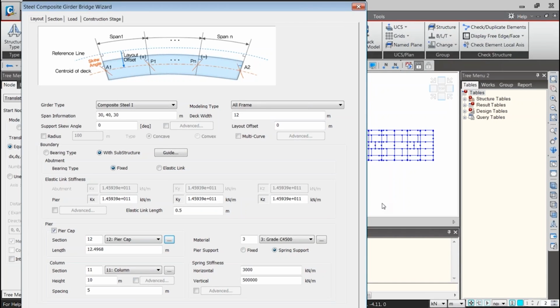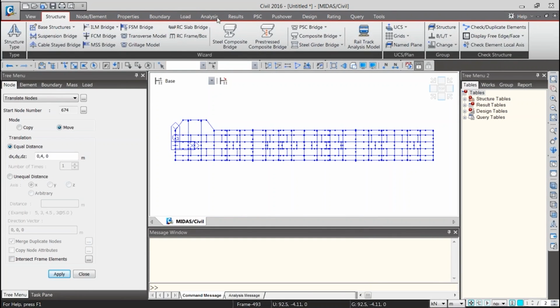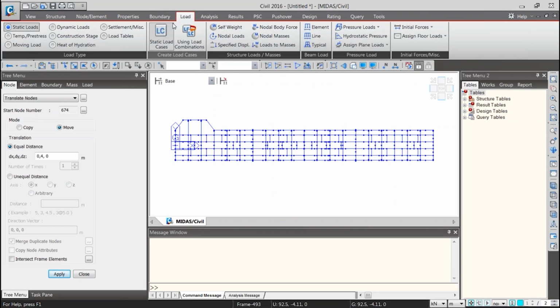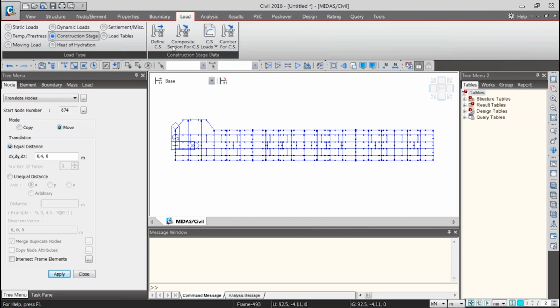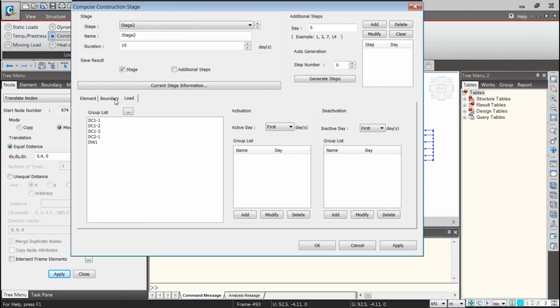Another question that I got is about the additional step in stage definition. Yeah, what it means, I will explain. If you go to construction stage, if you go to load, like if you have a PSC box section, I think you guys already know about it. With tendons, we do not jack all the tendons on the same day, right?